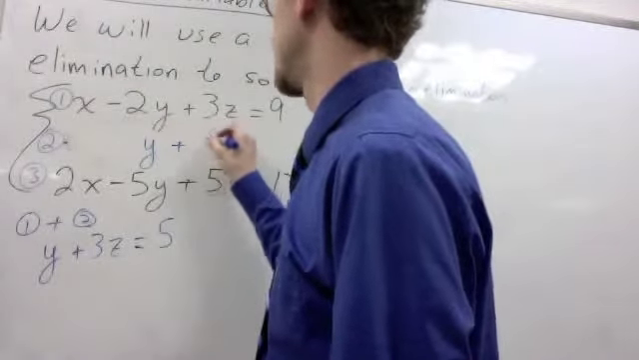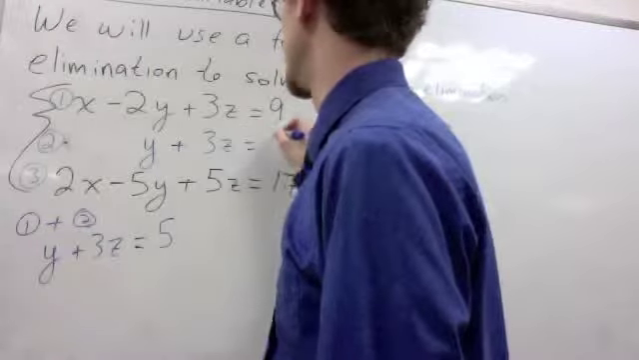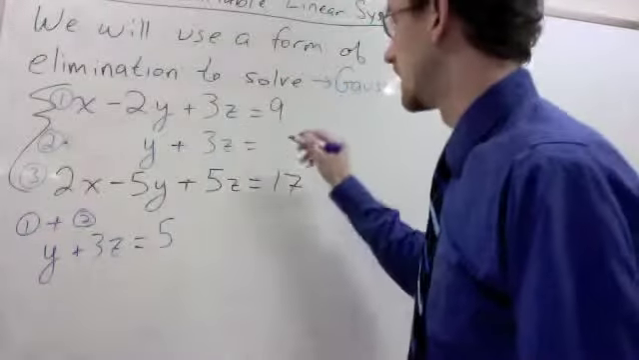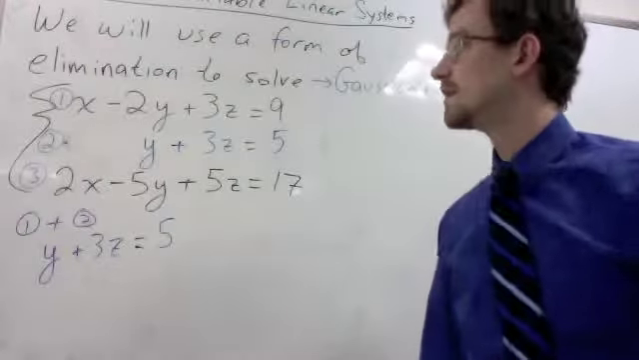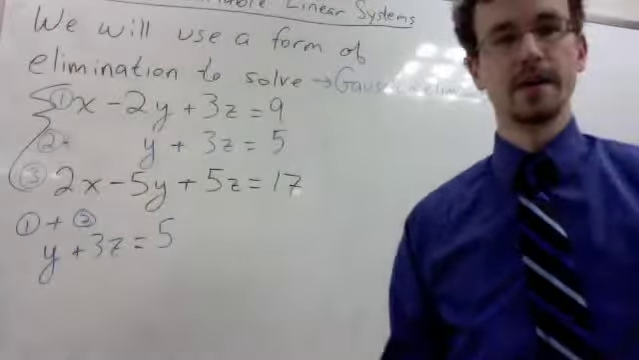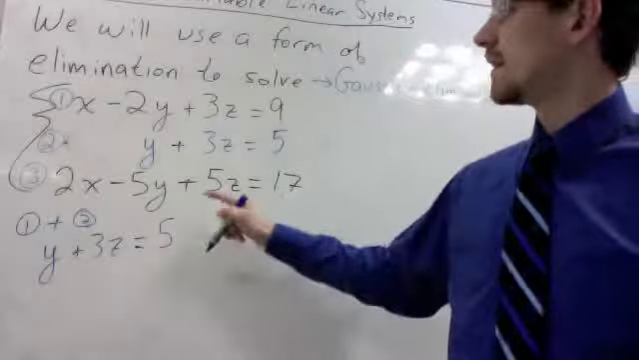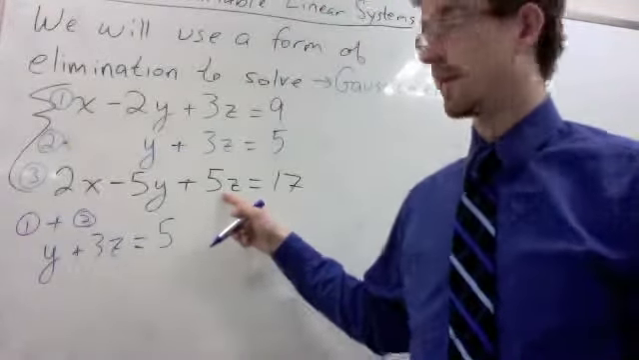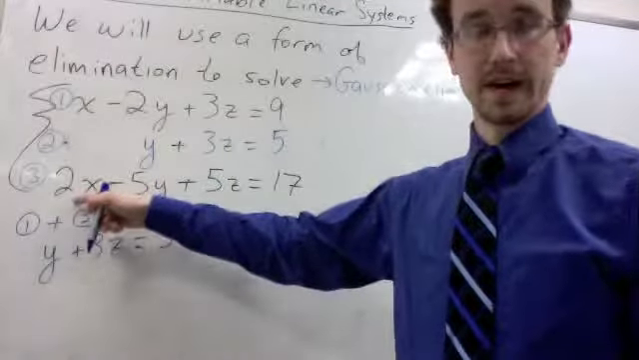y plus 3z equals 5. So row 2 is now in the proper format. We want to get row 3 into the proper format, meaning we want to get rid of x and get